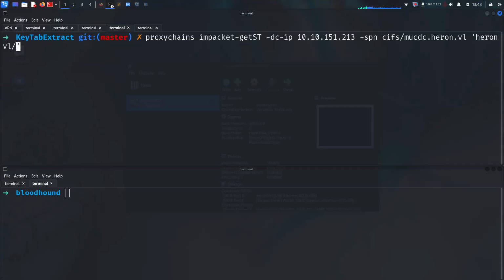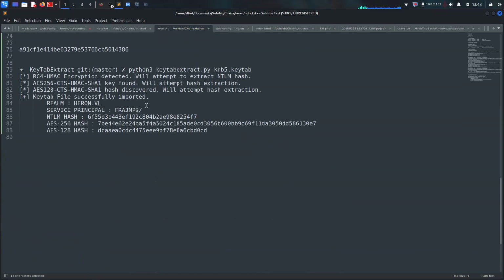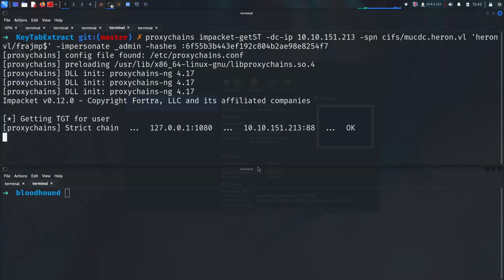Heron Vulnlab, but the user is FryAmp, the machine name FryAmp with the $, and dash impersonate. We are trying admin and dash hashes. The hashes are for FryAmp, which we extracted with ktab extract. So then you will see here